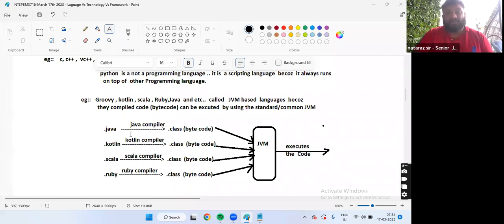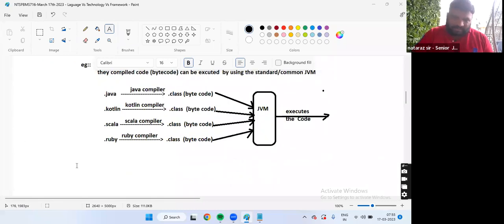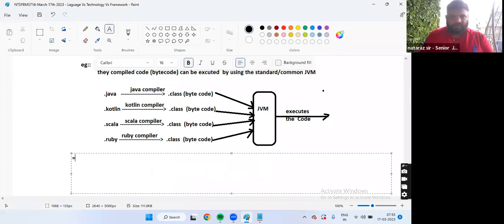But listen, even though so many versions are releasing, boss, you have to focus on stable versions. Every 6 months, let them release the versions, boss, but you have to focus on stable versions. If you are good in stable Java versions, that is enough for industry, boss. Okay, guys.